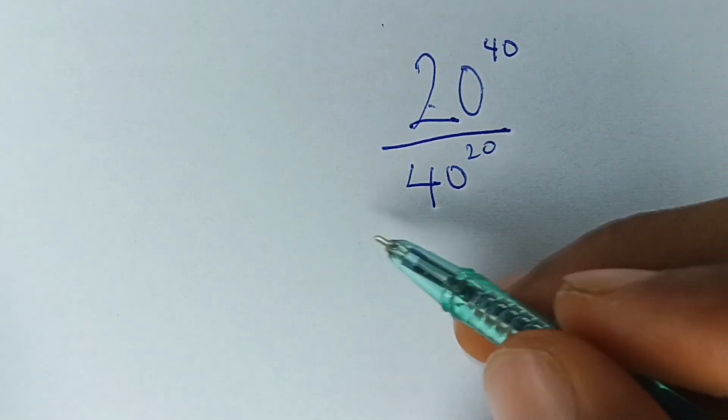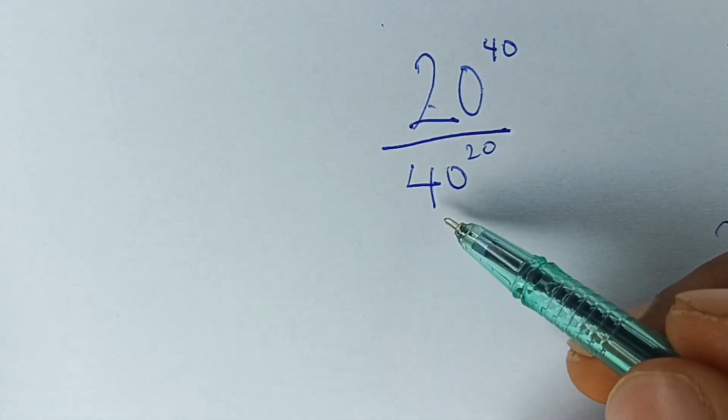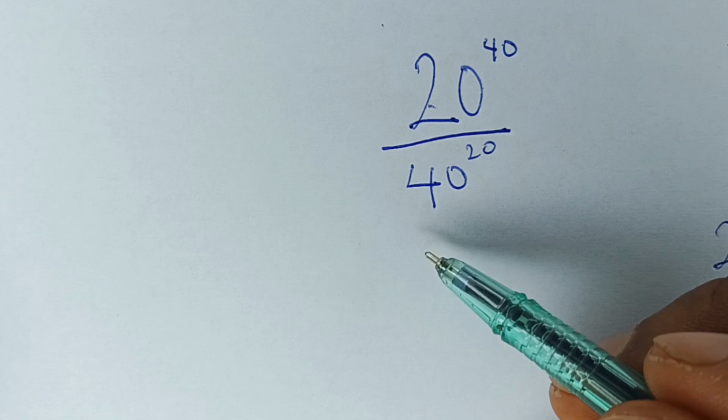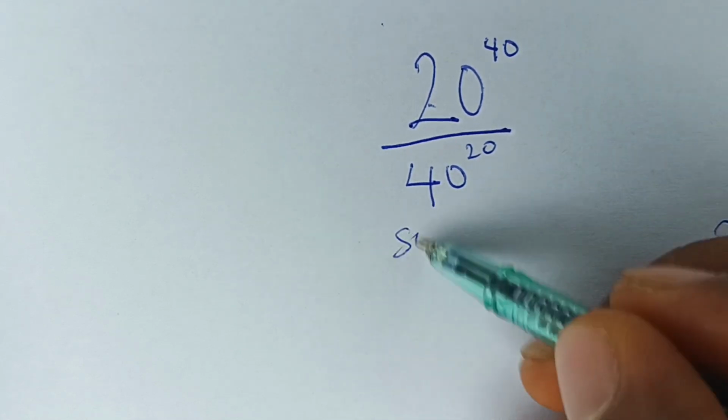Let's solve this together. It says 20 raised to the power 40 divided by 40 raised to the power 20. Okay, how do we solve this? Now the first thing I do here